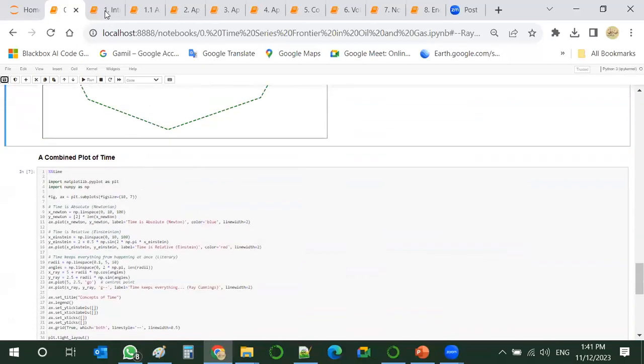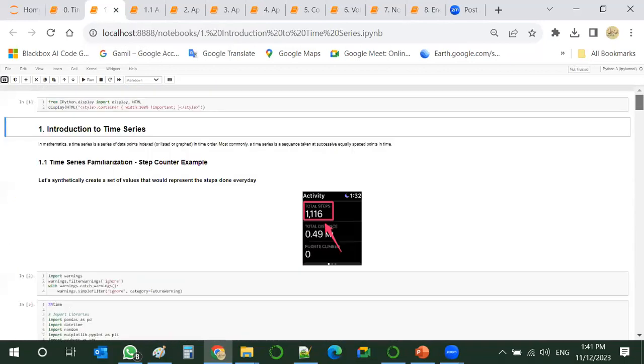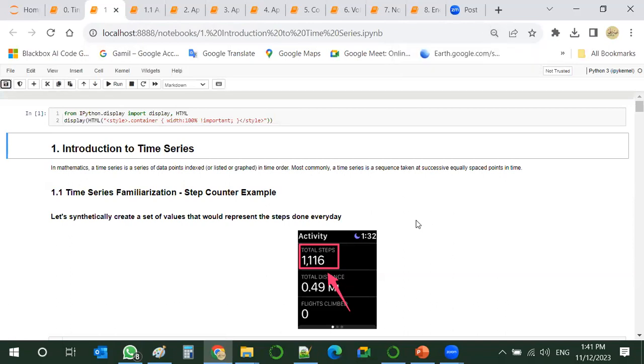Okay, now we go to our second notebook. This notebook is intended to introduce time series. Mathematicians have their views on time series. The definition of time series in mathematics is a series of data points indexed in time order.